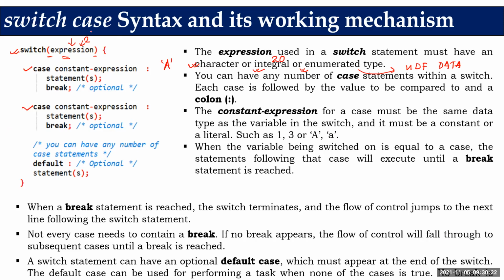So whatever option you have selected, the value of that option will be compared against the constant expression written after case. It will look for the equality. So constant expression means case is another keyword we need to use with the switch to implement the switch case in C programming. Cases are written inside the switch, and switch is the keyword that we use to start implementing the switch case. Okay, cases come inside the switch case.